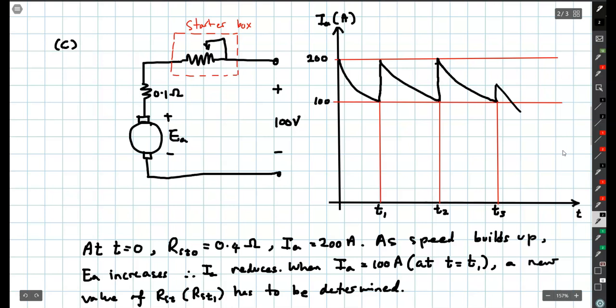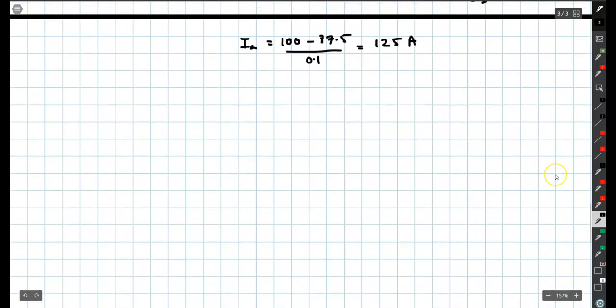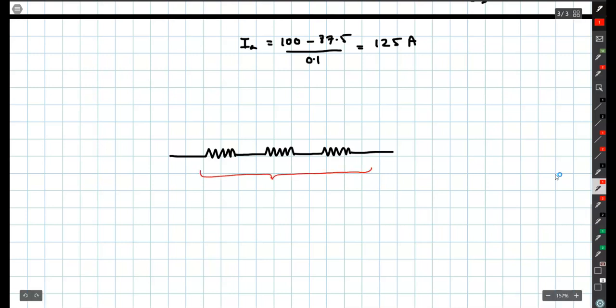And the speed will build up, and the current will eventually settle down to a steady state value. So the starter box is going to consist of these values of the resistances that we have calculated. Initially, the value of resistance is going to be 0.4 ohm, and then at a new position here, the value of the resistance is going to be equal to 0.15, and here the value of resistance is going to be equal to